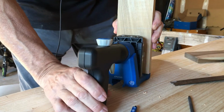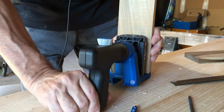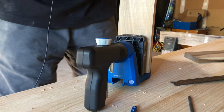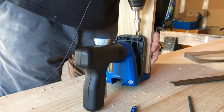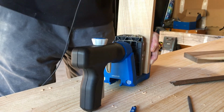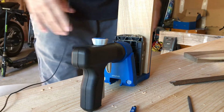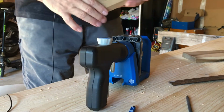We'll line it up with the work. There's our little line for this hole. Line that baby up. Clamp it in place. Screw it in. There's no rush, go nice and easy. And there it is. And I'm going to do all of these kind of like that. I'll do them along. Well, I got a couple more. I'll show you another one because